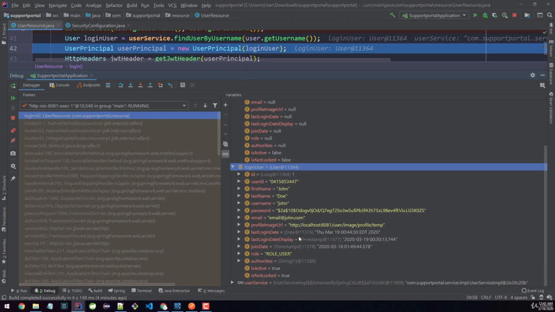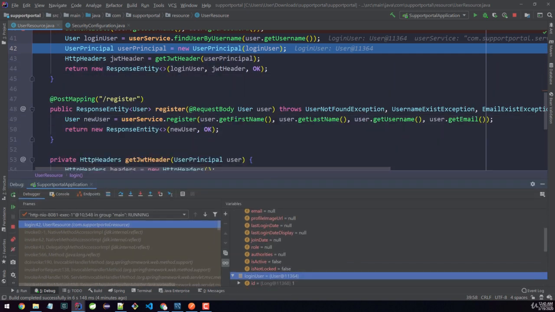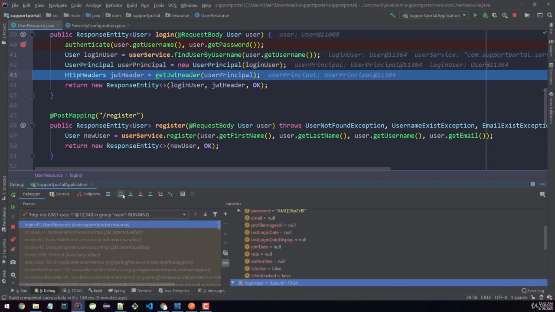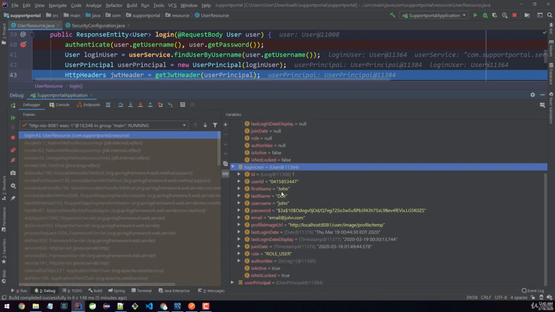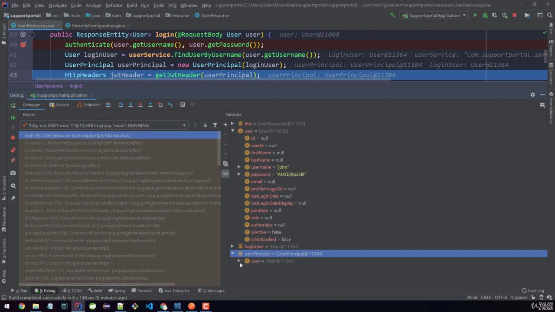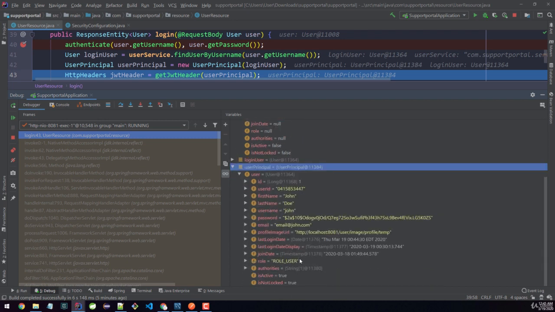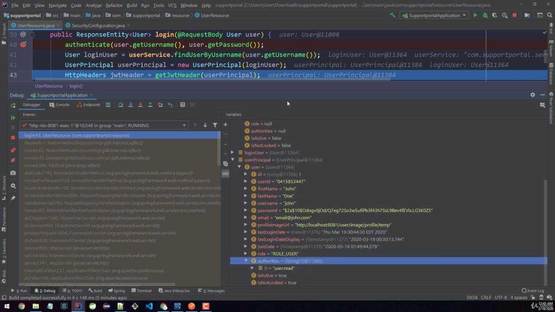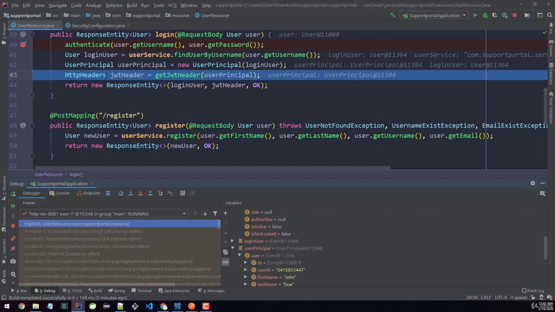And we can see how their last login date and last login display date is being set as well. And now we're gonna create the header with the token in it. So step 1, now we have the user principal. Let's take a look at that. I'm gonna collapse this, and here's the user principal. As you can see, that's the user principal with all the information, all the roles and authorities. I'm gonna expand this. Okay, so here, if we step over this line 43, we should get the